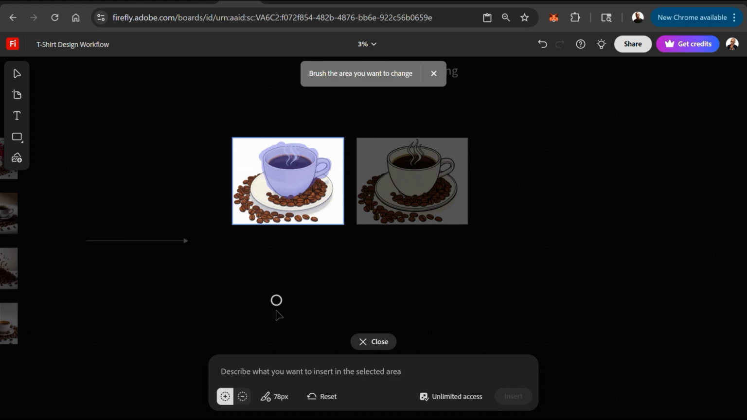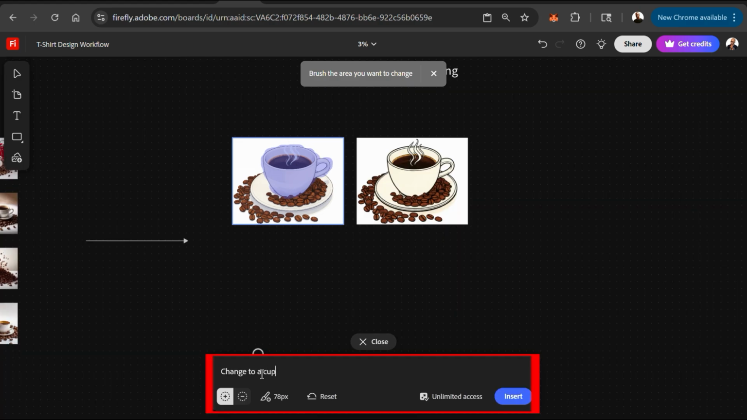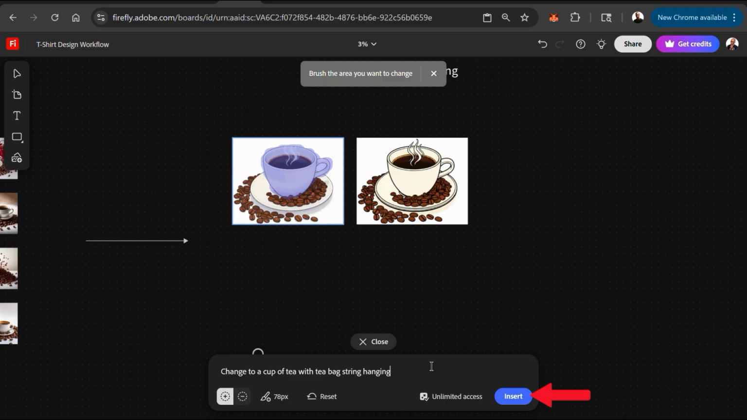And once you finish highlighting the object you want to replace, you should see a text field appear at the bottom. From here, you can simply type in what you want to change your object to. For my coffee cup, let's see if we can change it to a cup of tea with the tea bag string hanging down. I can then click the Insert button at the bottom right, and let's see if AI can